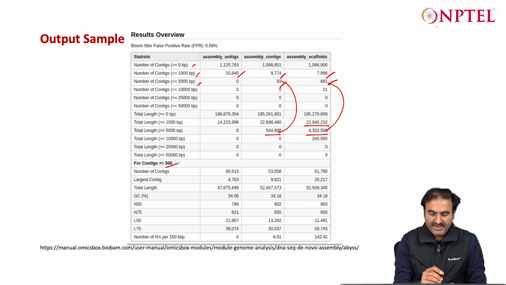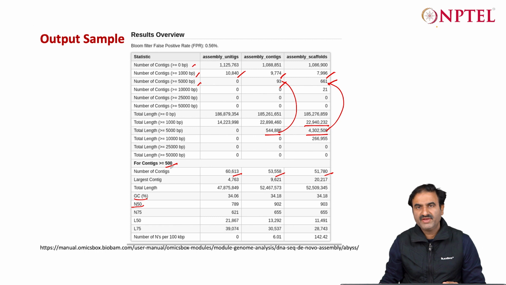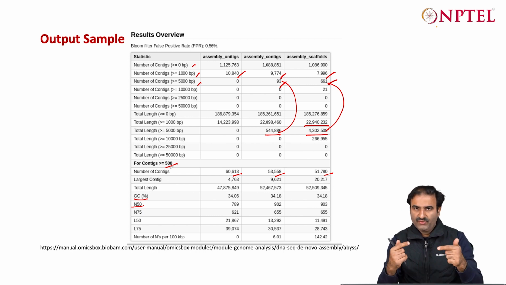And for contigs greater than 500 base pair, it gave 60,000 contigs, 53,000 unitigs, okay. And at this length, it also tells you the GC and N50. So 500 base pair and above contigs is a good length, because the read size was 150 base pair. So 500 base pair is about 3 times more than your read size. That means some assembly has happened in the reads that you have taken, and there were 2 reads, forward and